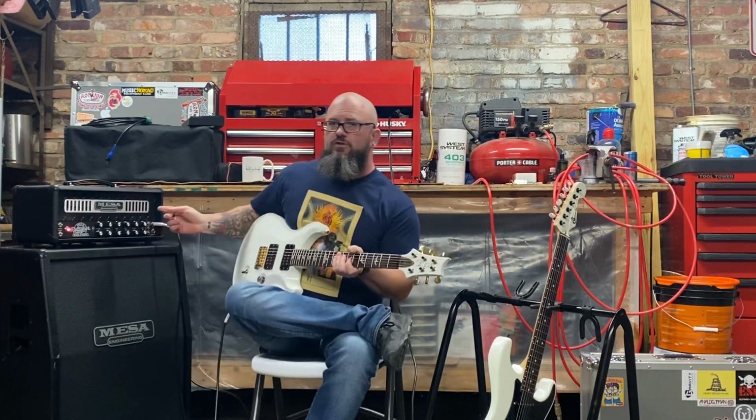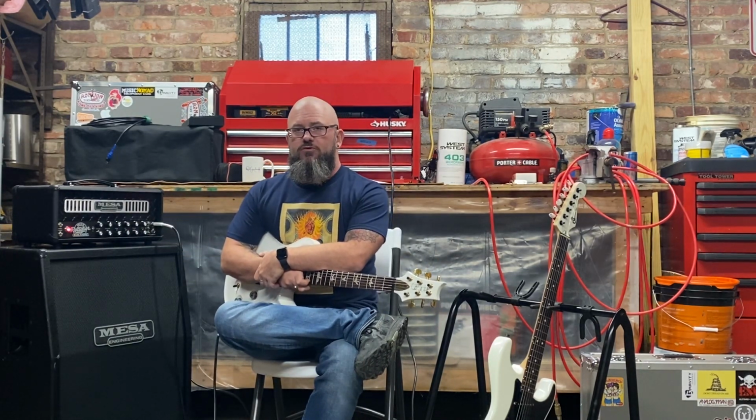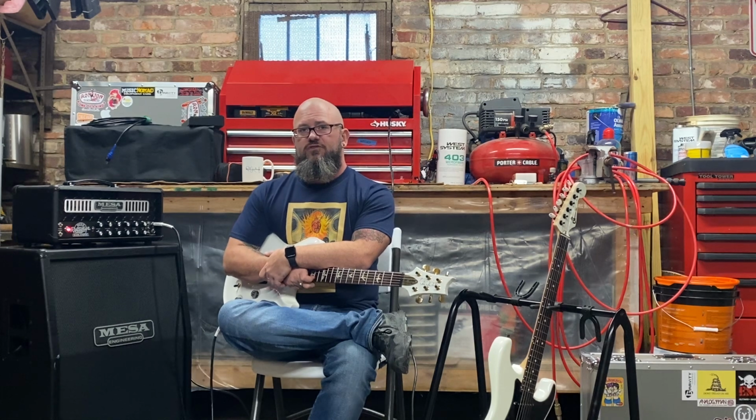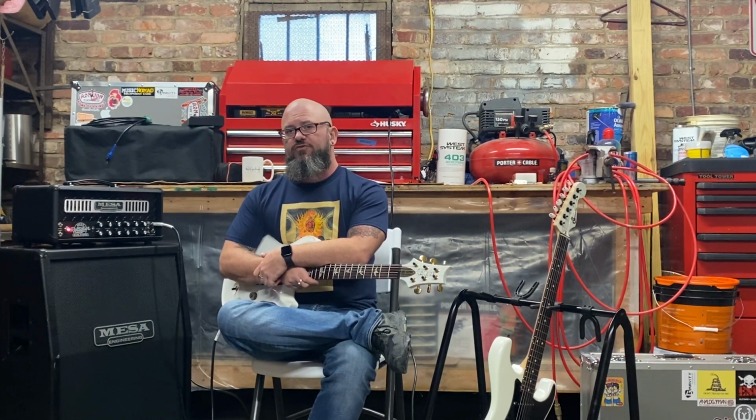Hello, we have the brand new to the market Mesa Badlander 25. It has two EL84 power tubes, five 12AX7s, a series tube-buffered effects loop. It also has the 2 notes Cab Clone IR direct out, and there are 8 preloaded impulses on this for